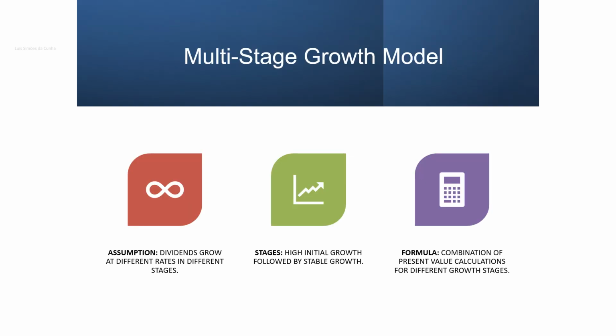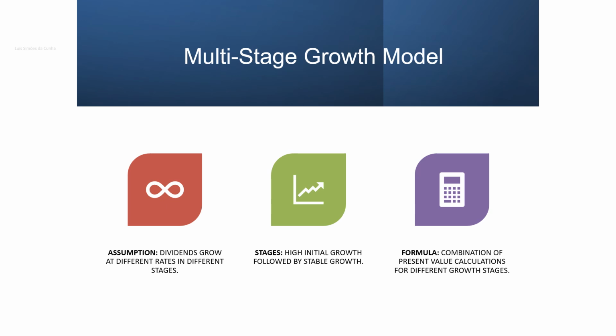The multi-stage growth model assumes that dividends grow at different rates in different stages, typically starting with a high initial growth rate followed by a stable growth rate. The valuation involves calculating the present value of dividends during the high growth period and the stable growth period separately,